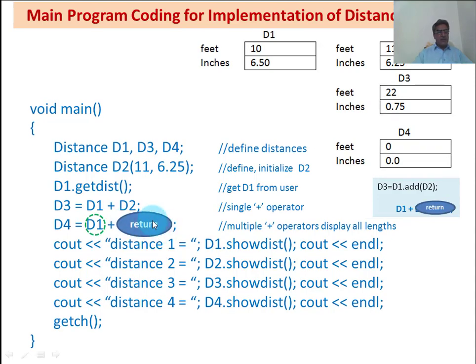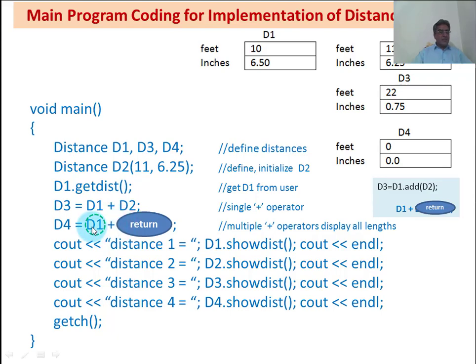The return value will be here, but again, because the plus operator returns the value of an object, this is the value of an object. This is another object d1, and here we see the plus. Now at this stage, we will again call this plus operator. d1 will call this plus operator and will pass the value. This return value will be passed back to that plus function for the second addition.